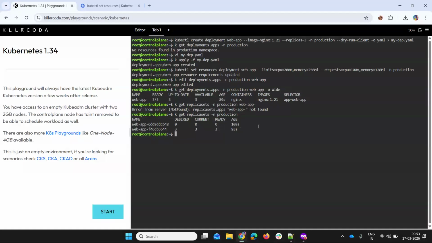Basically the old deployment pods are stopped and the new deployment pods are running. I just want to see what are all the pods that have been created in the namespace production. Basically there are 3 different pods, and if you see